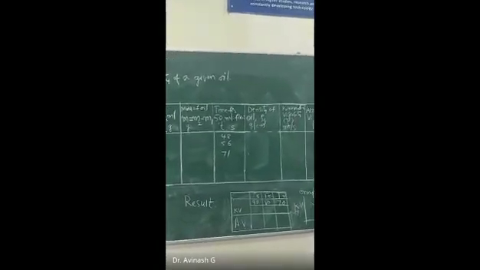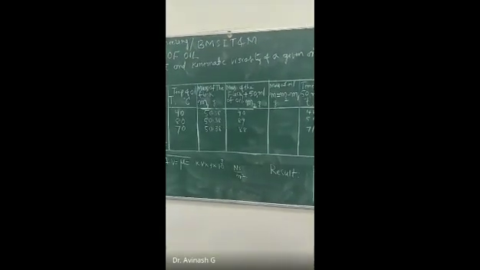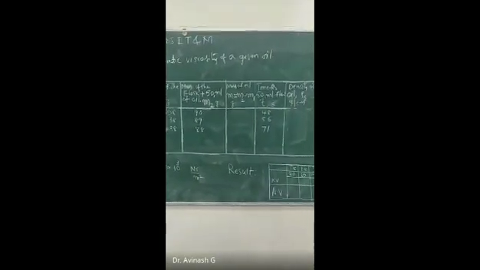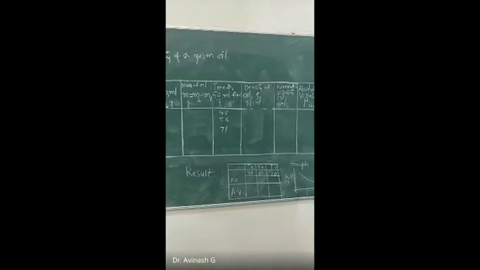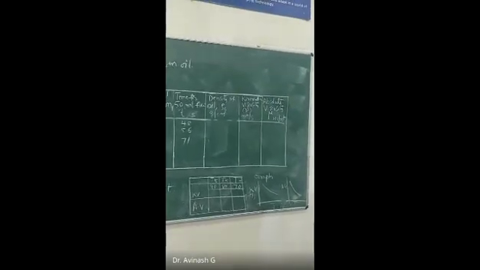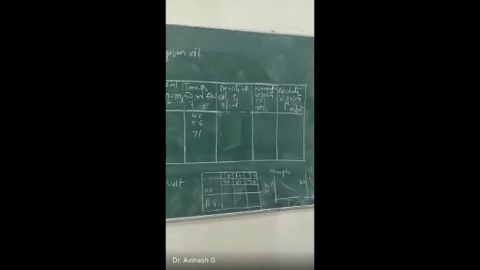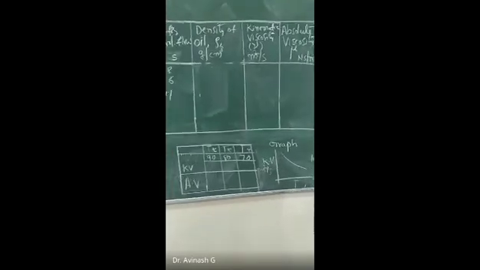You have to calculate the mass of the oil collected, that is M2 minus M1, and the density of the oil, that is rho, mass by volume, the kinematic viscosity nu, that formula is given there, and the absolute viscosity, that is also given in the calculation part. You do the calculation, fill up the table, and then you have to draw a graph of